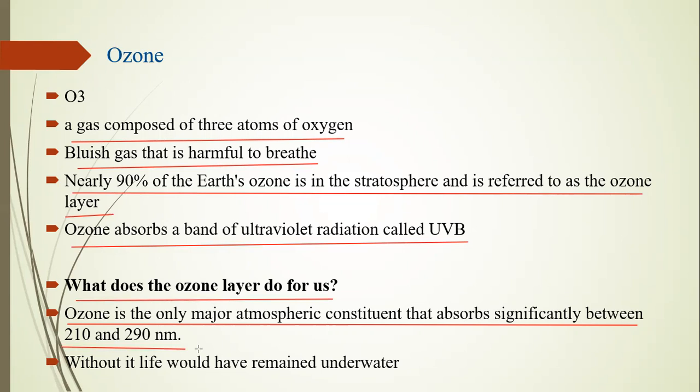All these types of radiation are very harmful to all living bodies. The 210 to 290 nanometer band is absorbed by the ozone layer, which protects us from them. Without it, life would remain only underwater. If this wavelength band came directly through the atmosphere to the Earth's surface, life would not be possible. Only life underwater would be possible, meaning all aquatic living bodies can live, but all living bodies on the surface would be in a dangerous condition because they would not be protected from that type of